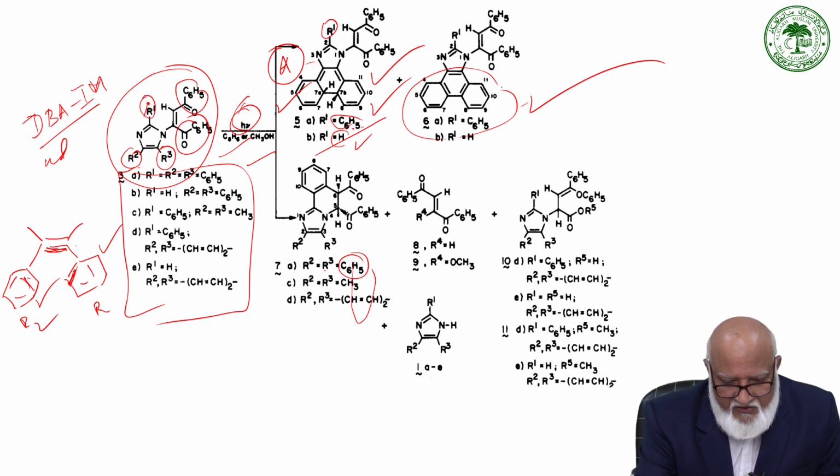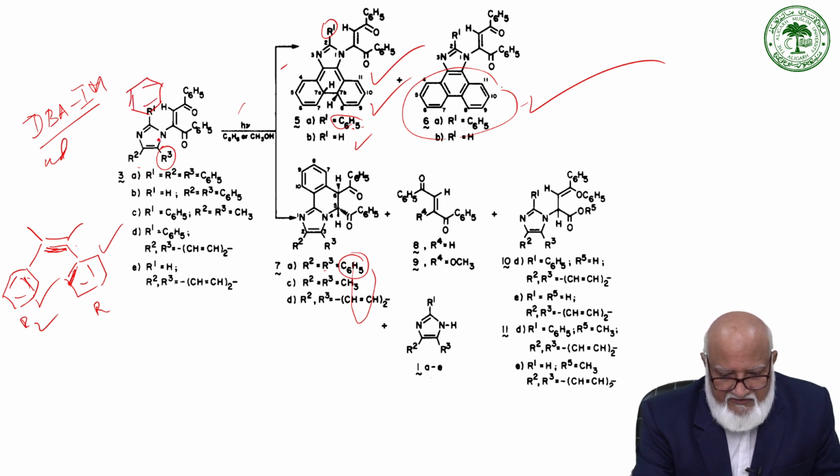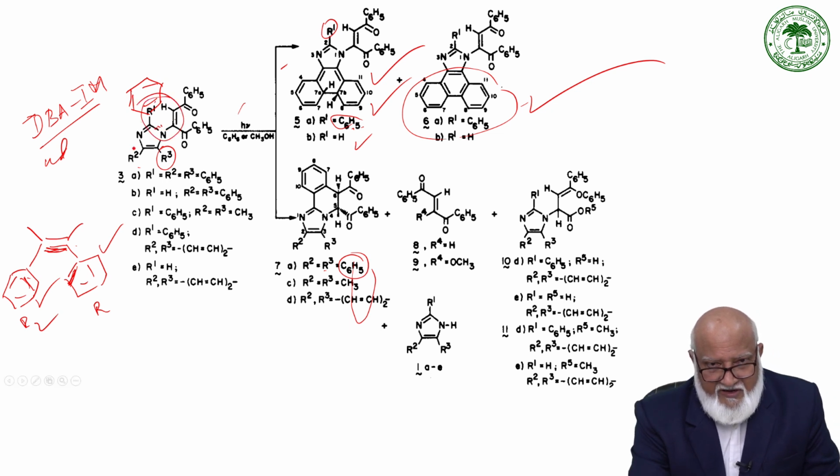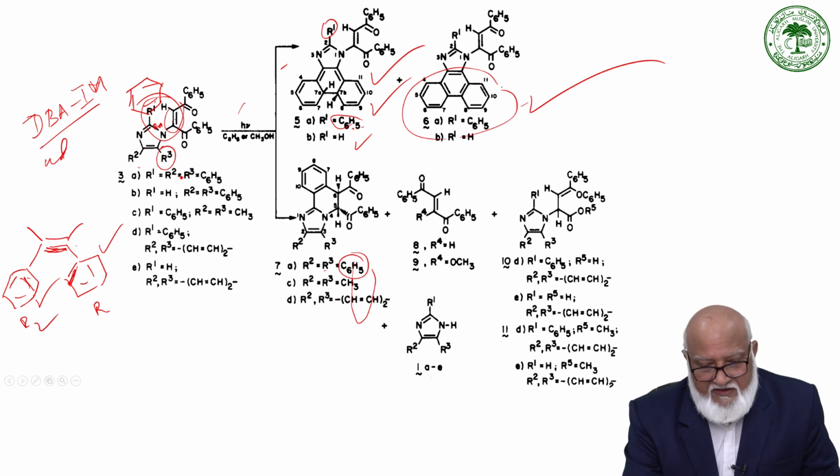So when R1 is a phenyl group, this also nicely undergoes 2, 4, 6 pi electron cyclization by involving 1 pi bond of the benzene ring, 2 electrons of the lone pair of nitrogen, and 1 double bond of the ethylene, the bond here from the dibenzoyl